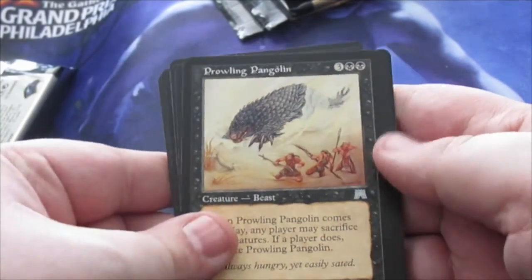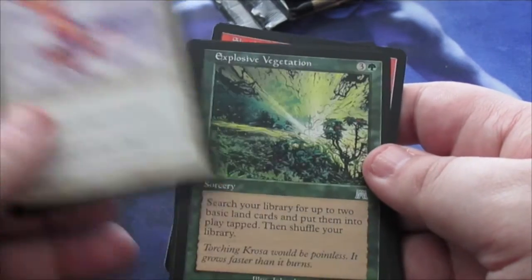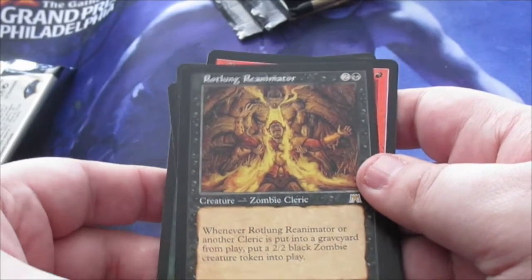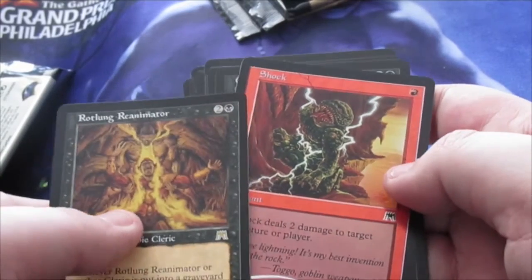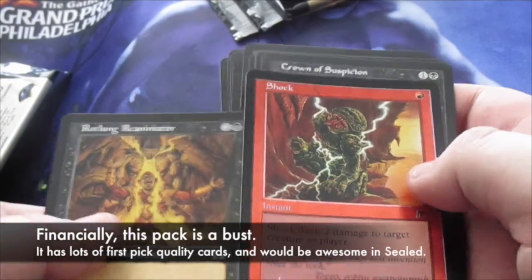Now we're in our uncommons. Prowling Pangolin. Aven Soulgazer. Oh, we got a foil. Explosive Vegetation. And our rare is Rotlung Reanimator. Okay, cool. And our foil, we got... Oh! You are shocked. Nice foil. Well, I mean, it's not worth anything, but...